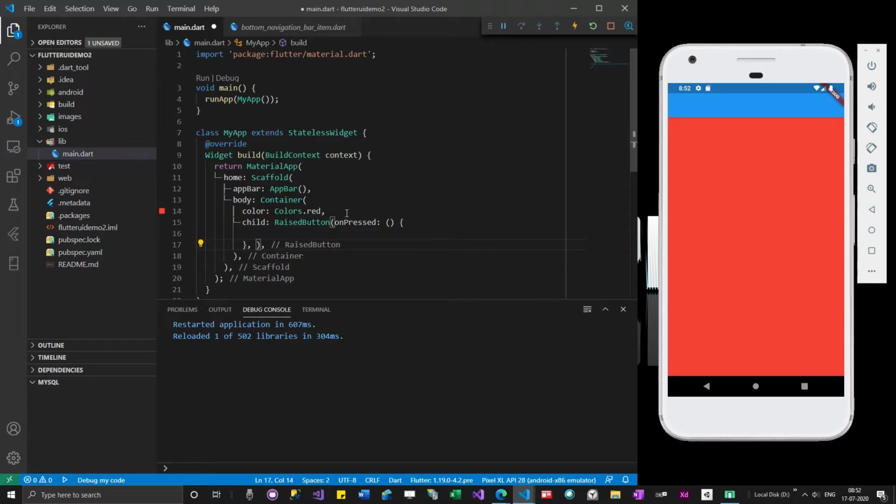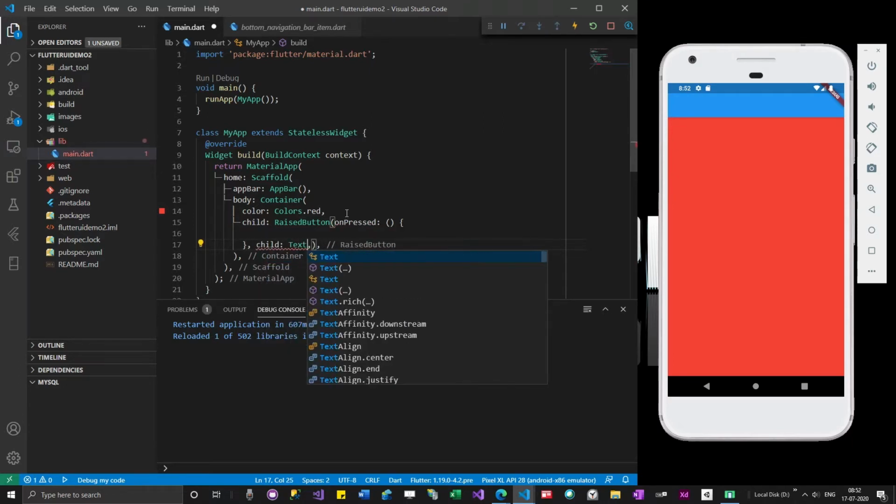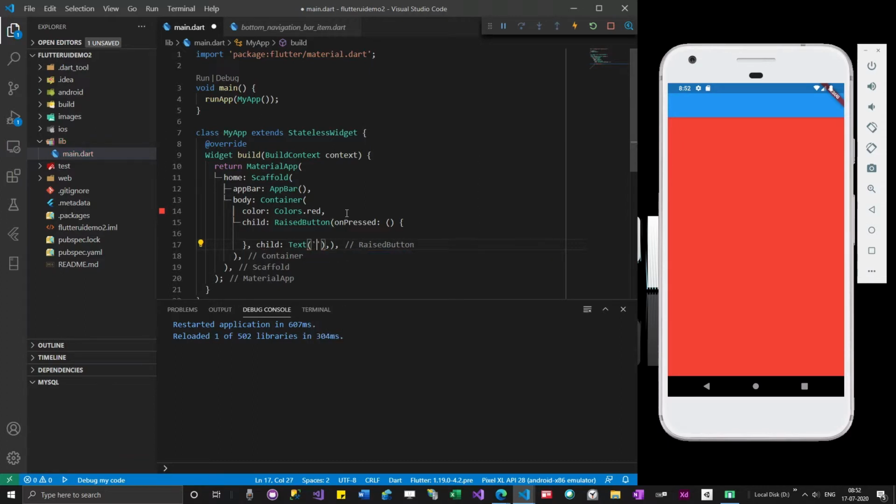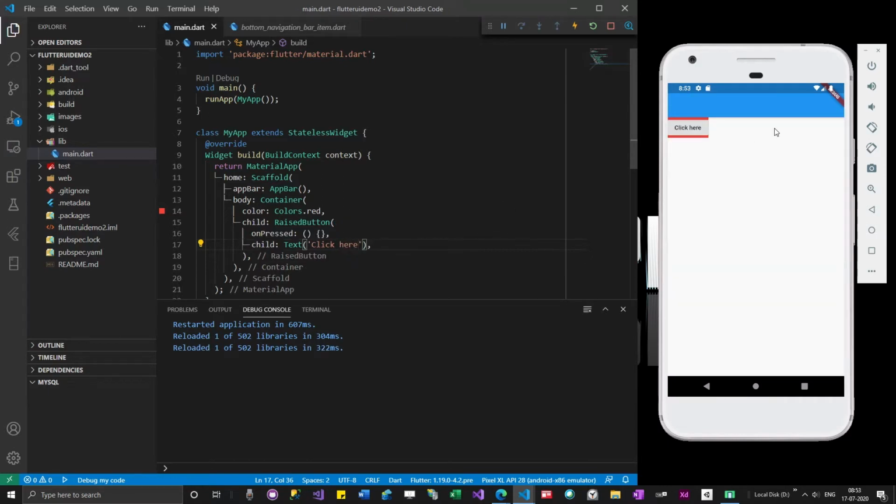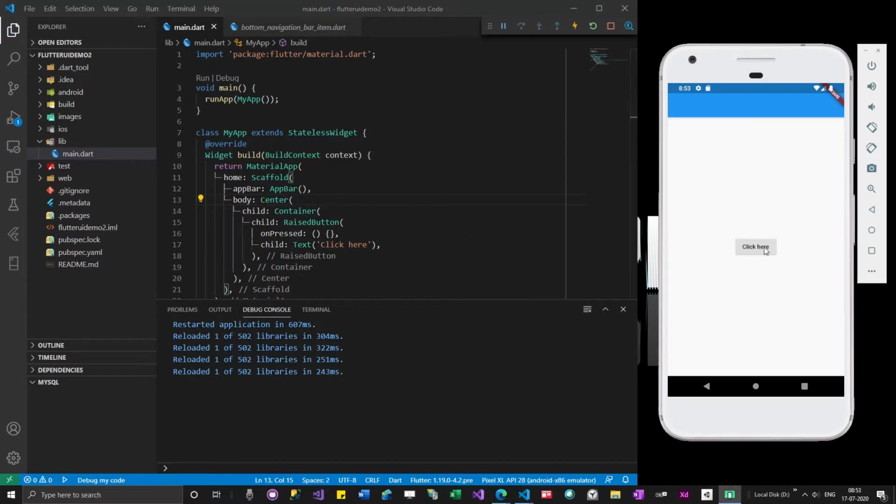And then I will add a child, Text of "click here". So a button is shown here. I will remove this color, I don't want this. I will move everything to center. So now I have a button which is actually clickable.